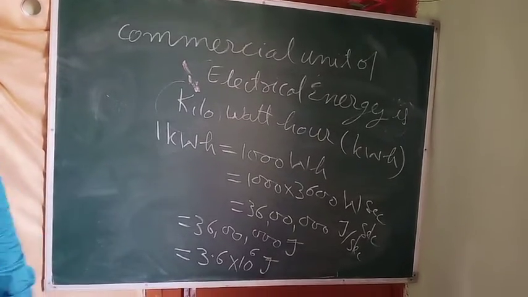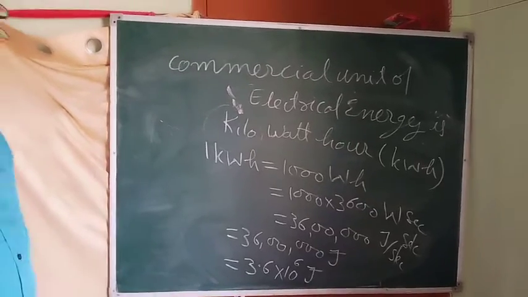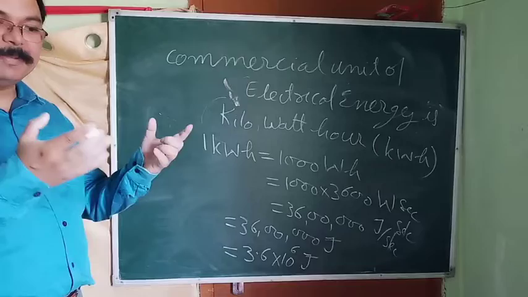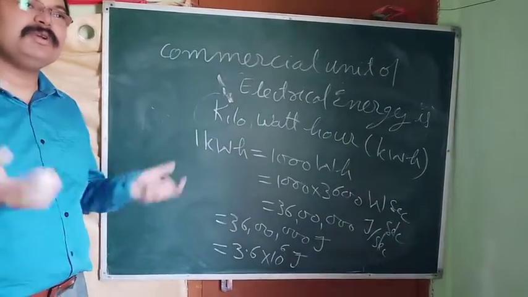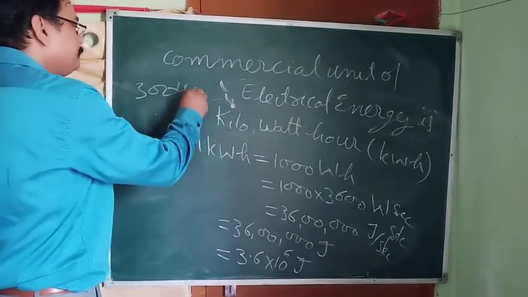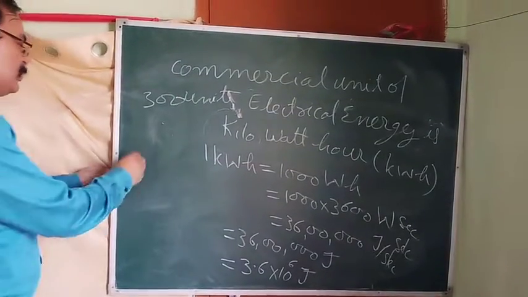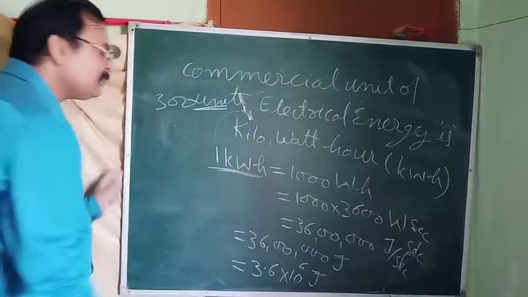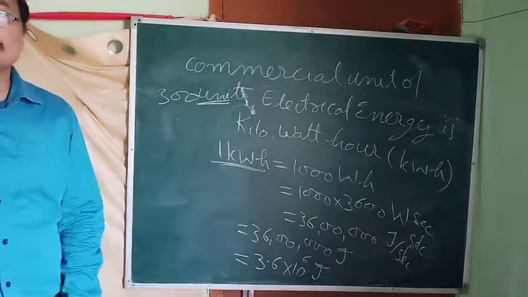Remember, you might have heard your parents or maybe your neighbors talking that this month they have got an electricity bill which has come from the electricity office, and the units of electricity they have used, suppose 300 units this month. So what is this unit? Let me tell you, this unit is nothing but kilowatt hour. 1 unit is 1 kilowatt hour. Unit means kilowatt hour. Clear?